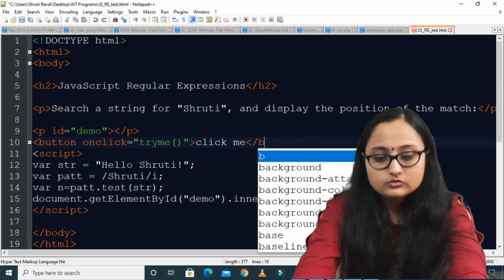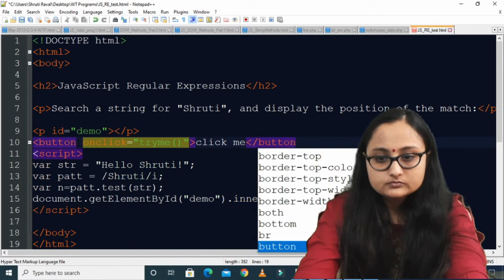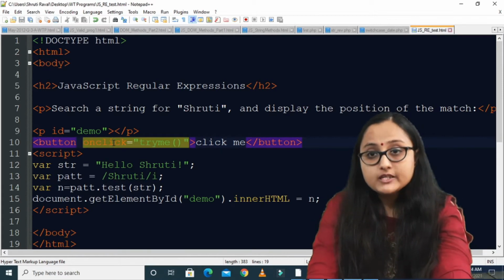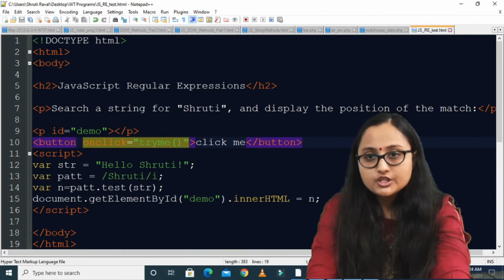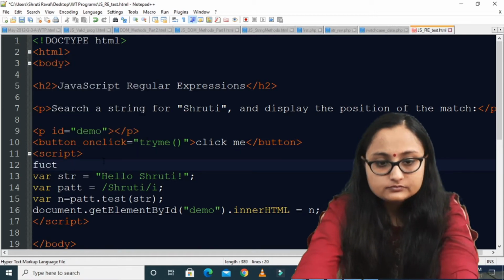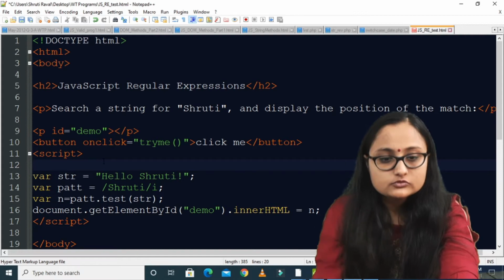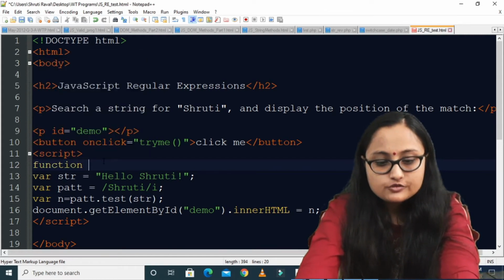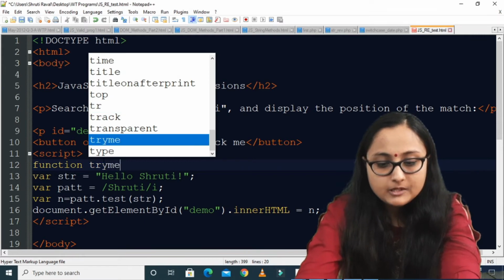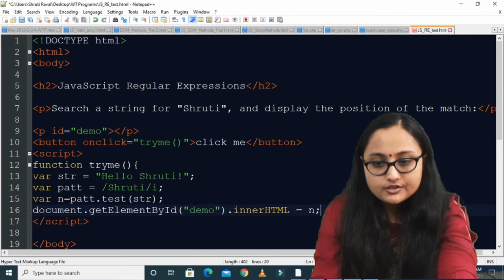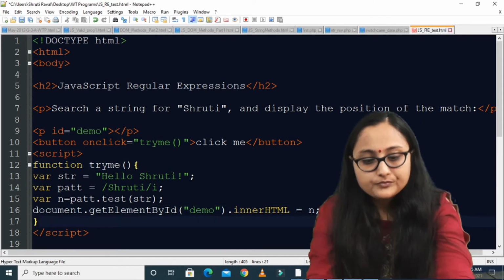And I am closing the button, right? So on button's on click I am calling the function try me. So let us create this function try me. So function try me, and inside that I have written this code.